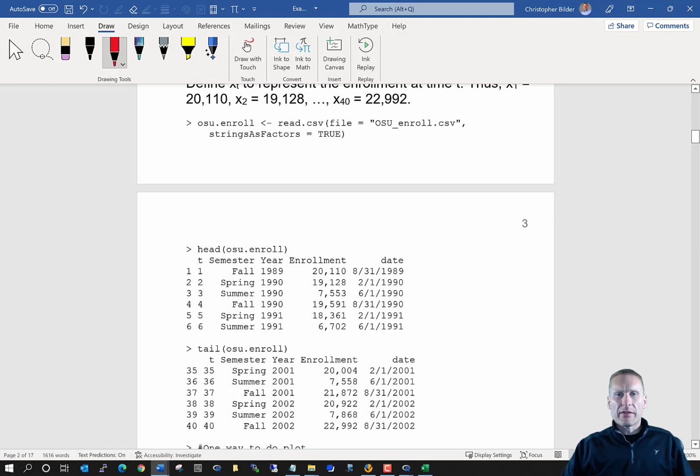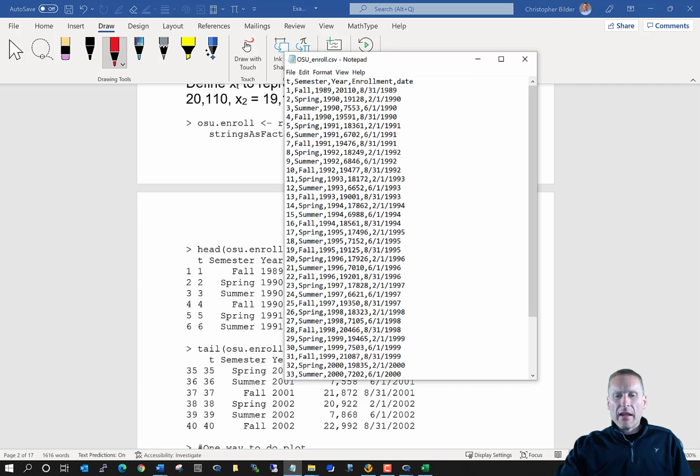Okay, now let's take a look at this data. This data is stored in a comma delimited file. That's why it's a .csv extension. I could open this up in, let's say, Notepad, and we can see the data set where the first row corresponds to the variable names, as you often see with most data sets nowadays. Each column in the data set is separated by a comma. Then underneath that first row, we have the actual data itself, and again, each data value is separated by a comma. That's why it's comma delimited.